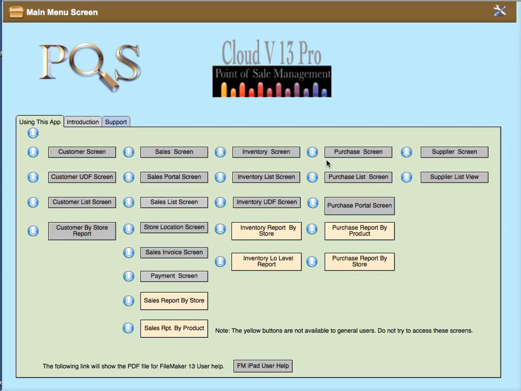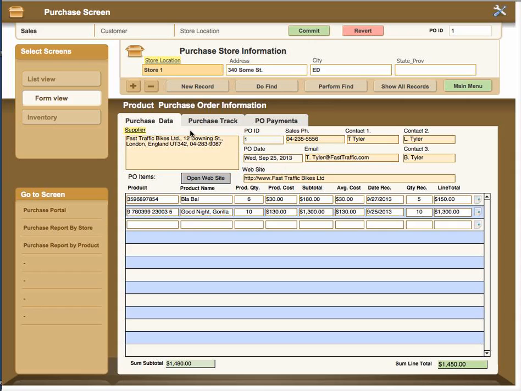In this video help, I'm going to be covering the purchase screen. Let's go ahead and go there. The purchase screen works in conjunction with the inventory, where when you have inventory items added and you want to